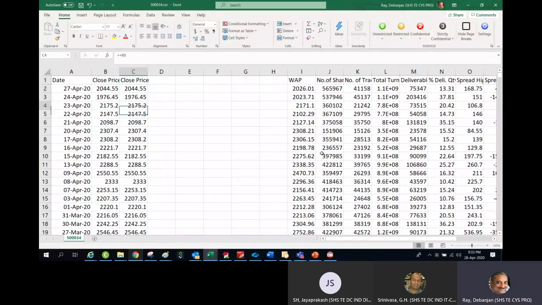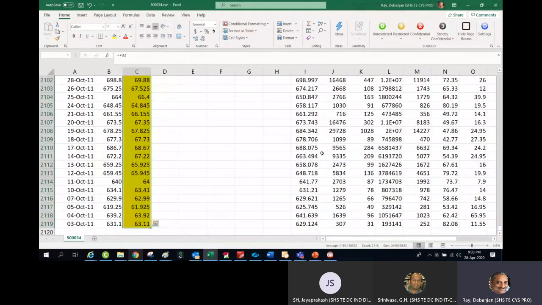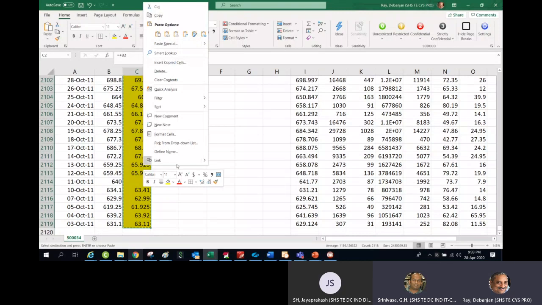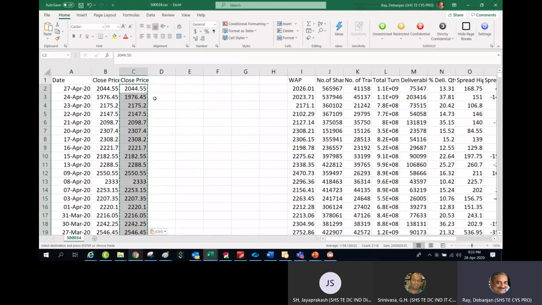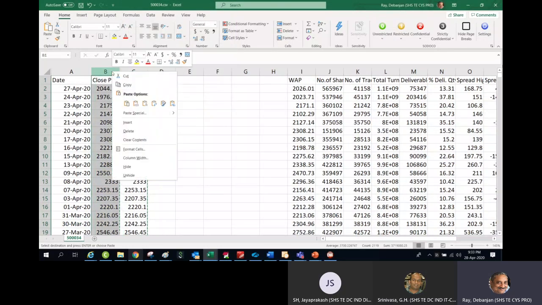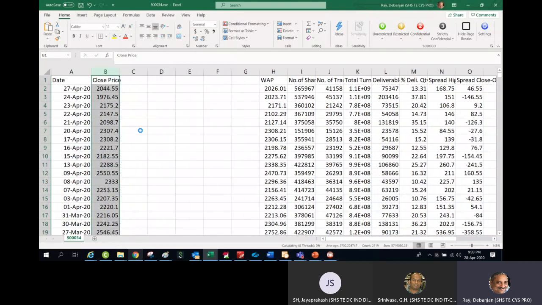But this is a formula, so I just select the whole column, press Control C, and then paste values. How do I paste the values? Paste special, and then values. Okay, and I do not need this column, so I delete this.